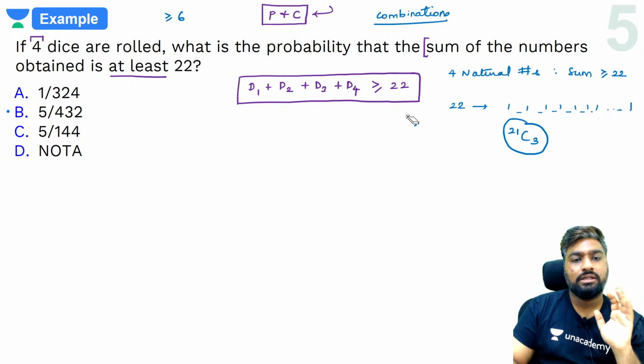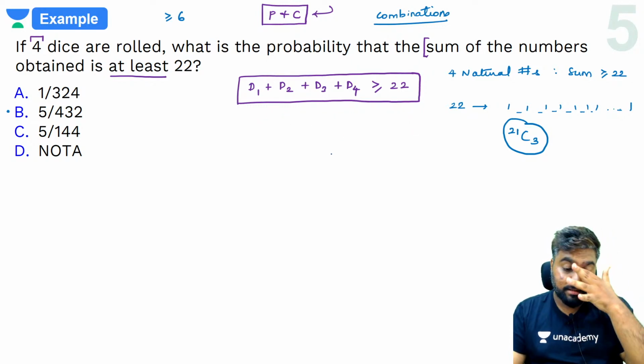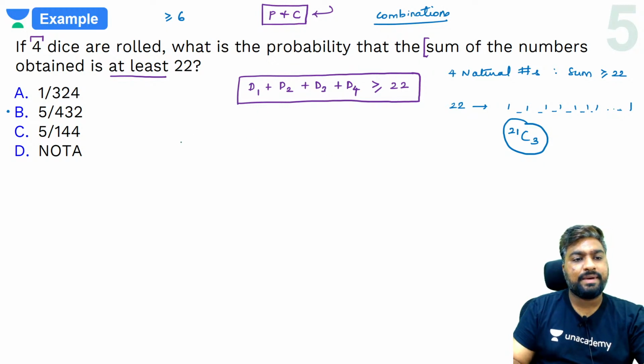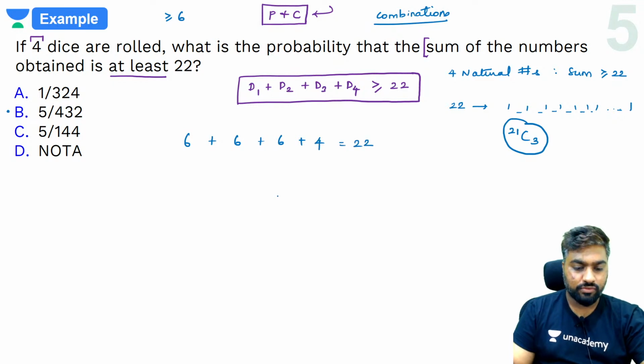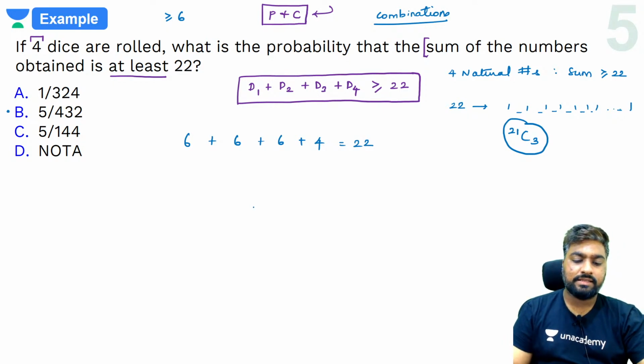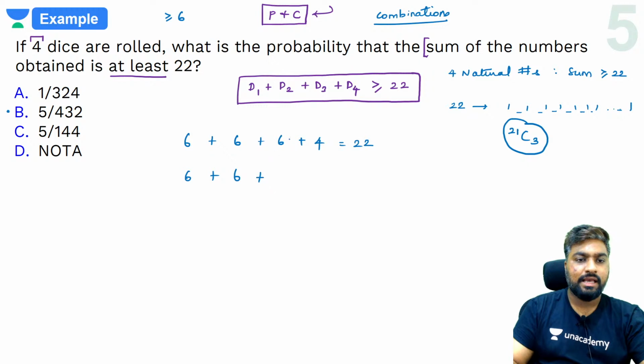So what do you do here? You will have to think of alternative methods, right? कहां पे sum 22 आएगा? Let's max everything out. 6 plus 6 plus 6 plus 4, 18 plus 4 is equal to 22. Correct? Do you guys agree with this? इसके अलावा और कहां पे आएगा? What other case? What if this is 6 plus 6 plus 5 and 5. इसका सम भी 22 होगा,